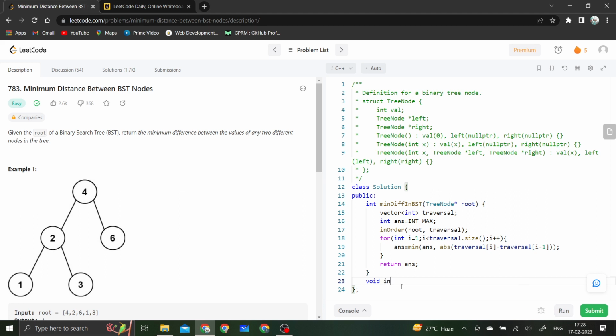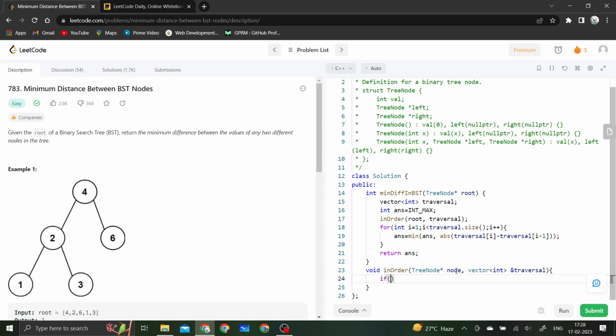So we will be having in order, and here what we will have tree node, let's call it node, and also let's have our vector here. Vector is vector int, let's call it traversal. Okay, now what we will do, we will check if our node that we have is not equal to